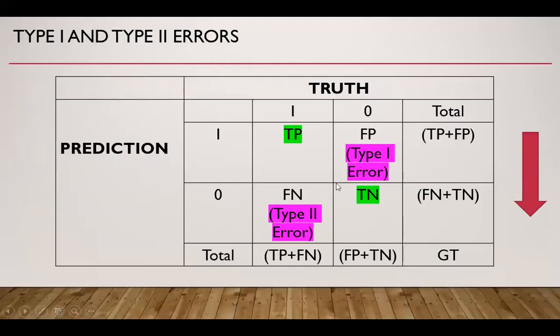This is a confusion matrix for a classification problem. Here, if the particular case is positive and prediction is also positive, it is true positive. If a particular case is negative and prediction is also negative, it is true negative. If the situation is otherwise, it may be either false positive or false negative. False positive is also known as type 1 error, and false negative is also known as type 2 error.